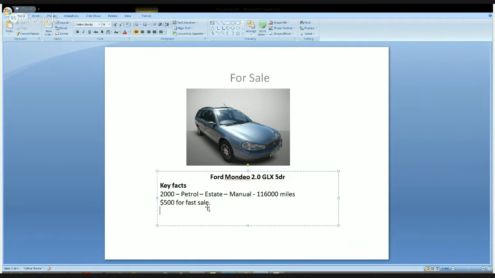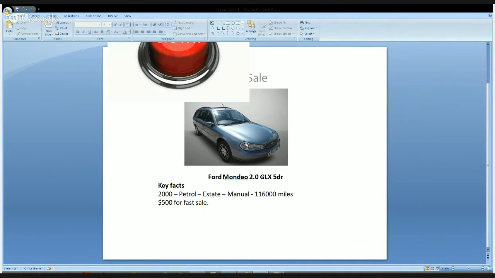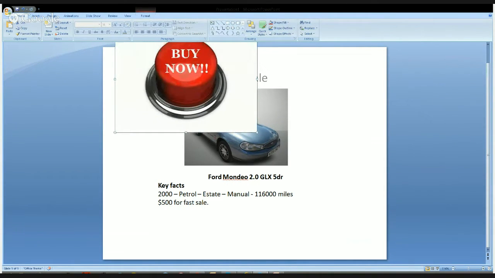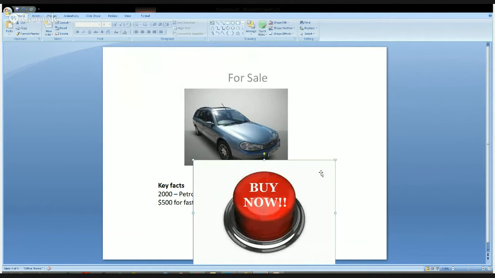And then let's have, better make that a bit smaller so it fits in.